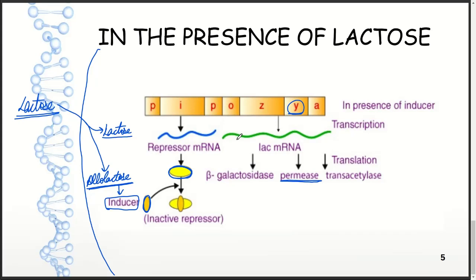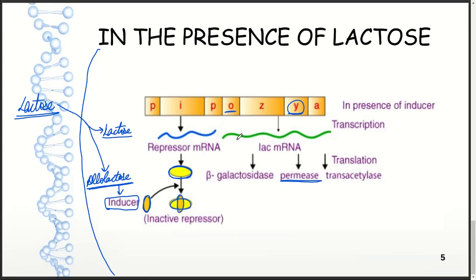Let me explain this. Allolactose is another form of lactose, so it is also referred to as an inducer here, because lactose is an inducer and this is another form of lactose. So we will call it the inducer here. As we know, our inhibitor protein has a very high affinity for allolactose, so it attaches to it instead of the